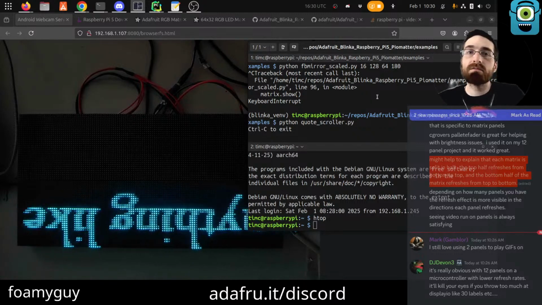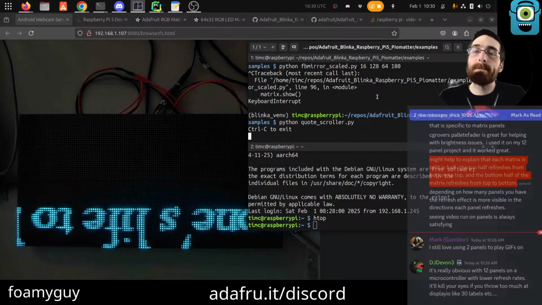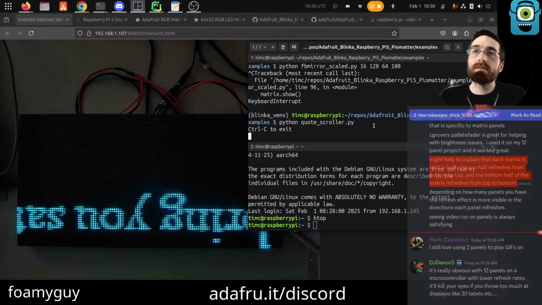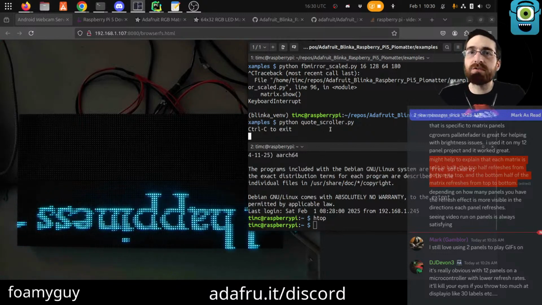Why is it upside down? Okay, you can see what it does though. It scrolls through a quote. Let's try to flip it back over.